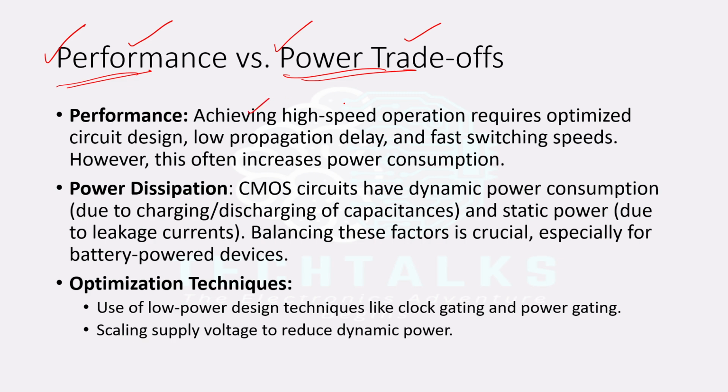So achieving high speed operation requires optimized circuit design. What does this mean is, when you are designing circuits, you have to make sure that the delay introduced by the circuit, or the parasitics introduced by the circuit, doesn't affect the high speed operation of the circuit. And also we have to make sure that the power consumption is less, because when we go for faster switching speeds, it often increases the power consumption, because in order to reduce delay,